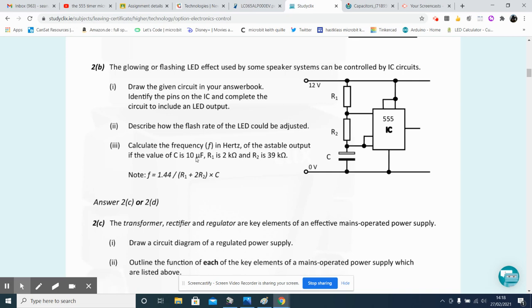So this would be 10 millionths, so that'd be 0.00001 farads, and this would be 2,000 and 39,000. And when you work it out,